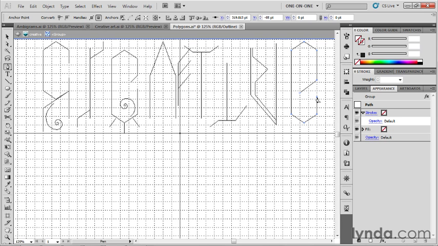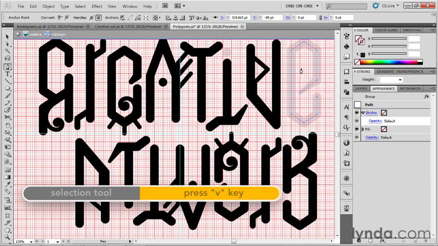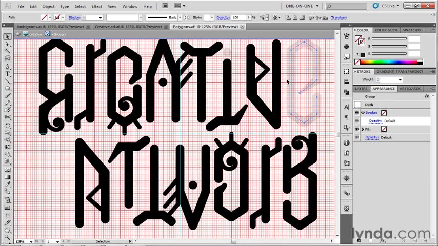Once you come to terms with it, you really do have to kind of wrap your mind around the process as you're working on your ambigram. Anyway, I'll go ahead and press Ctrl-Y again, Command-Y, in order to switch back to the preview mode. Now this path isn't stroked right at all, so I'll press the V key in order to switch back to the black arrow tool. I'll click on that path outline in order to select the whole thing, and then I'll